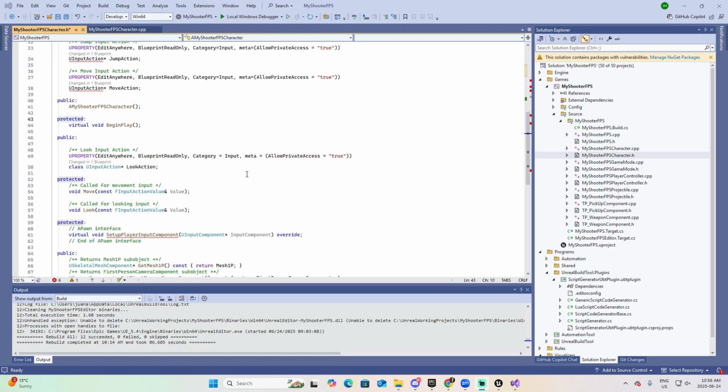A little bit down, we have other sections for public and protected that are handling the actions, the input from the player. We first have a variable called LookAction of the type of the class UInputAction, which is the class that handles all the inputs from the keyboard or from the gamepad. And then we have the protected section with the functions Move and Look. Worth mentioning is this